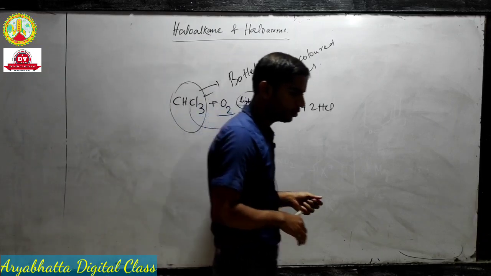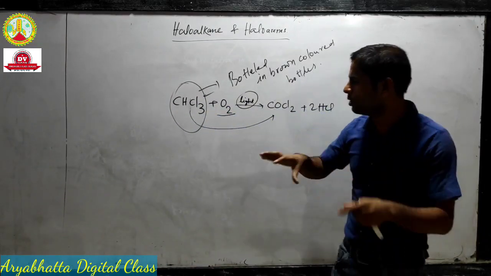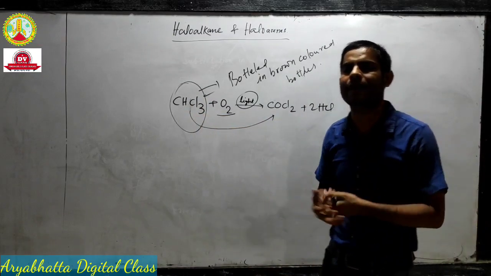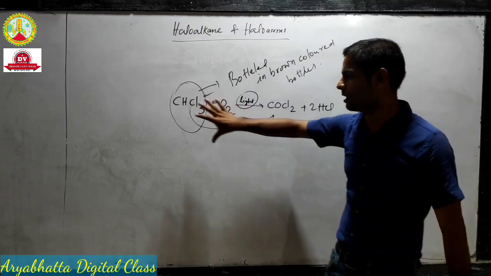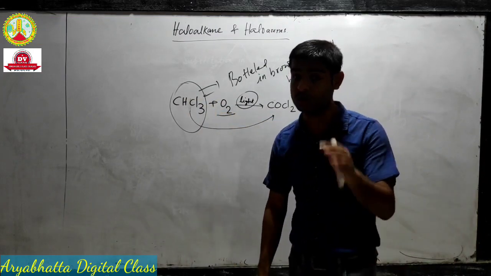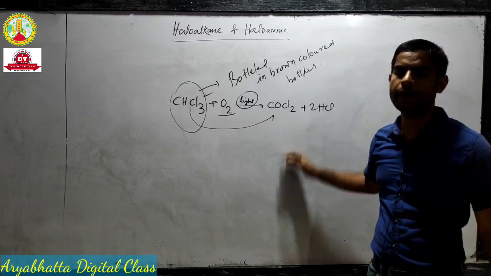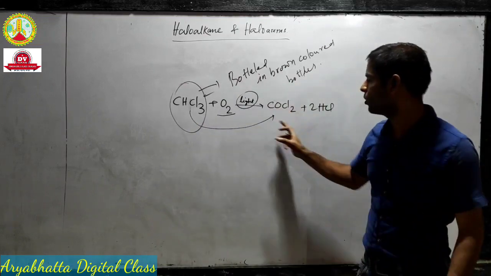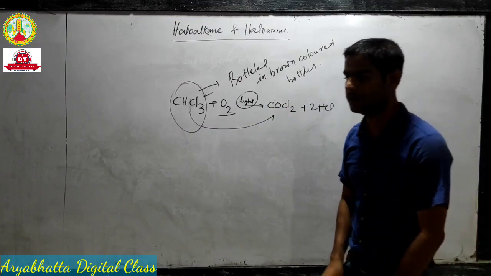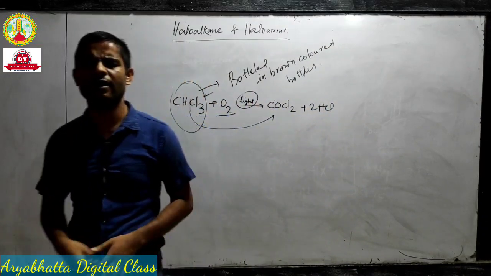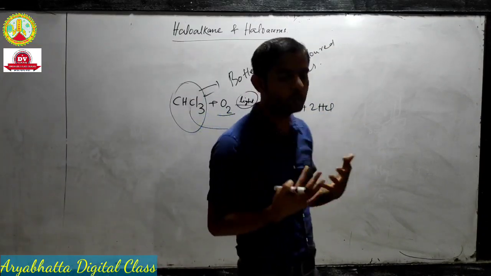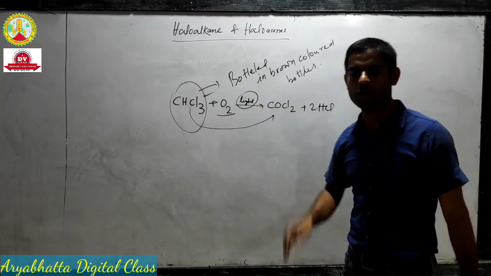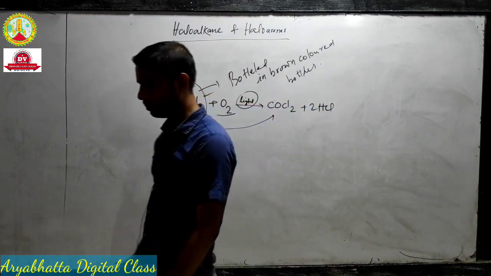In earlier days chloroform was used as local anesthesia for patients, but nowadays chloroform is not used as it is not safe. The bottles of chloroform may contain carbonyl chloride which can kill people. So nowadays ethers and other better organic molecules are used as local anesthesia, and chloroform is no longer used for this purpose.